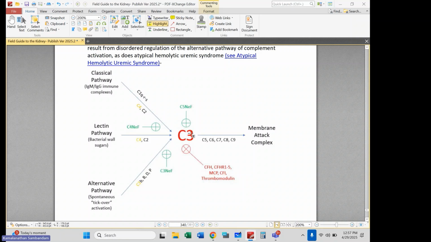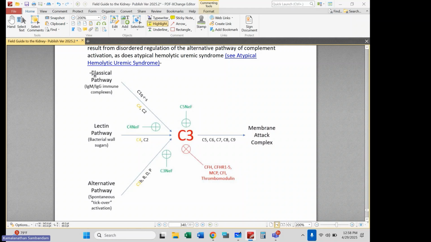Okay, so C3 is not consistently depressed in C3GN or dense deposit disease or atypical HUS, but it is described. C4 in these conditions would not be depressed because C4 is consumed through activation of the classical pathway of